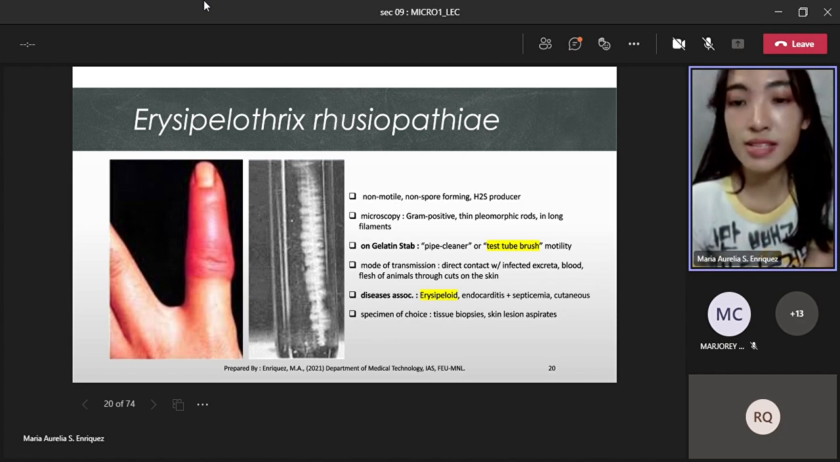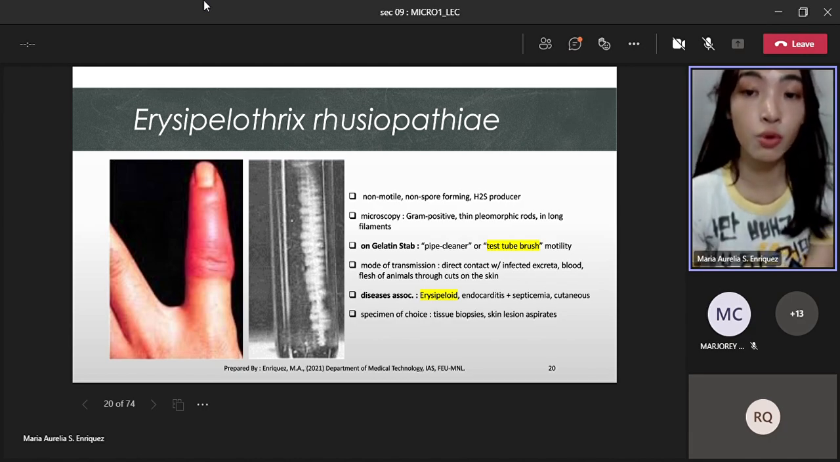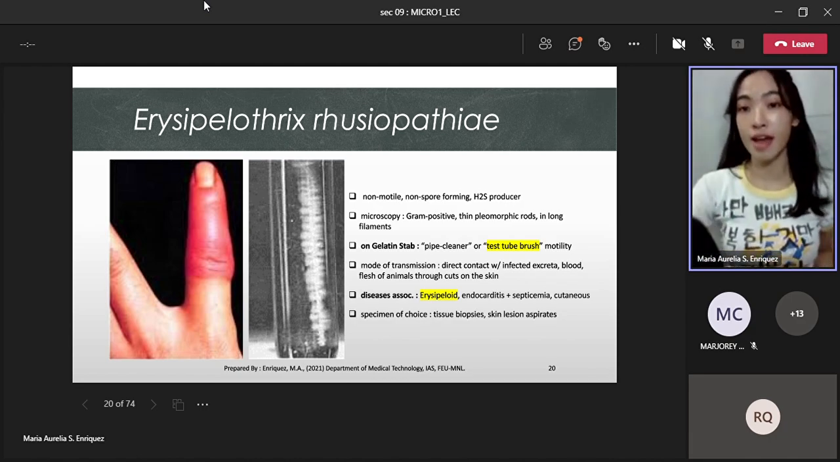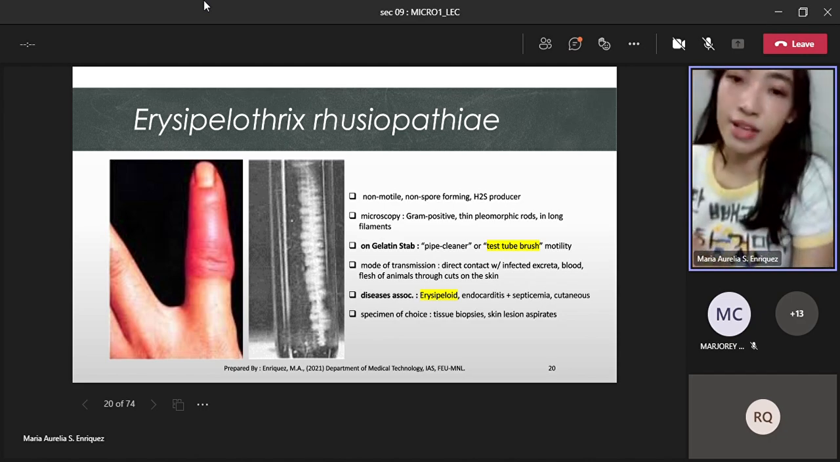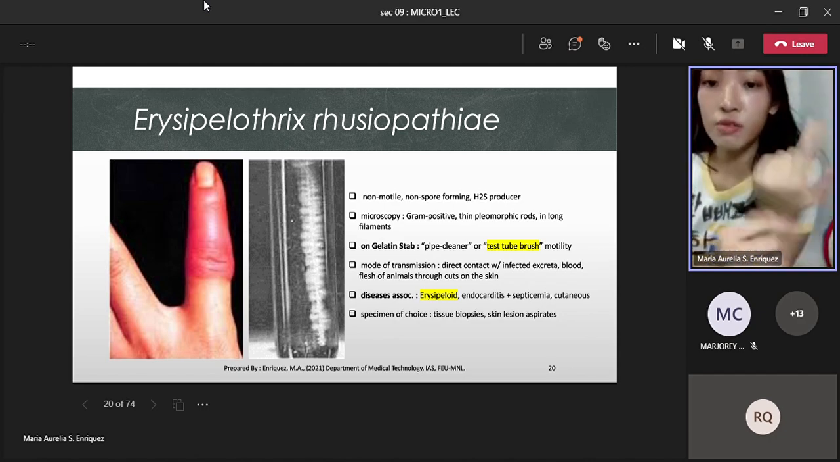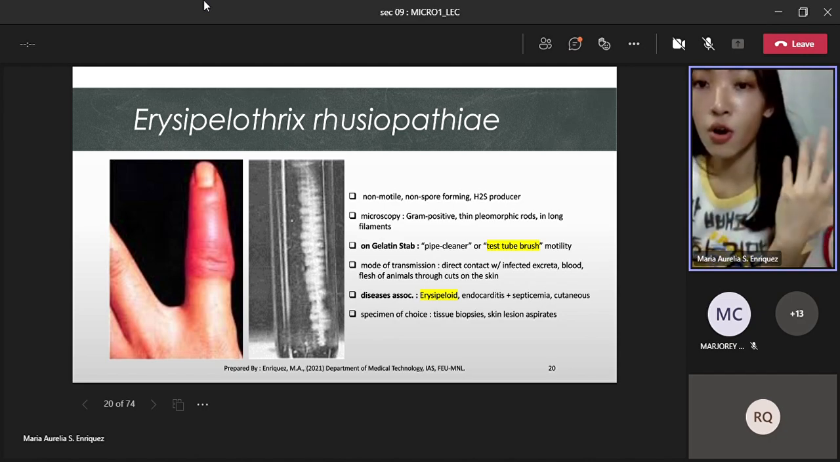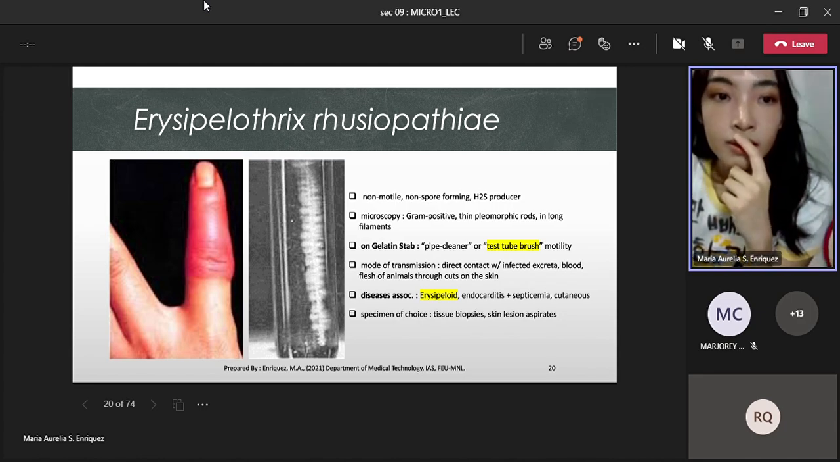Now, human cases typically result from occupational exposure. Individuals whose work involves handling fish and animal products are most at risk. So the usual route of infection is through the cuts or scratches on the patient's skin. All right, so